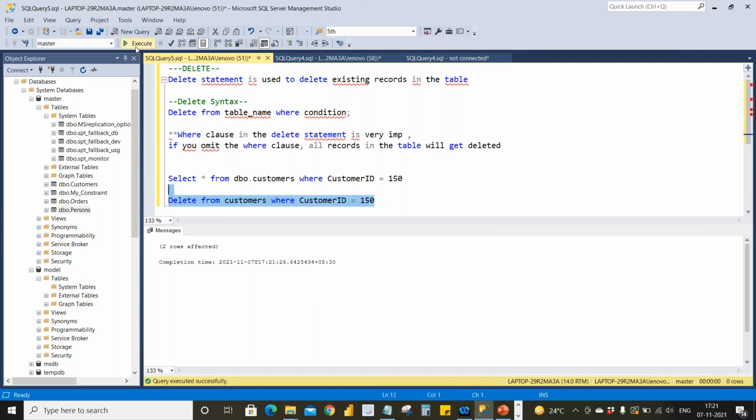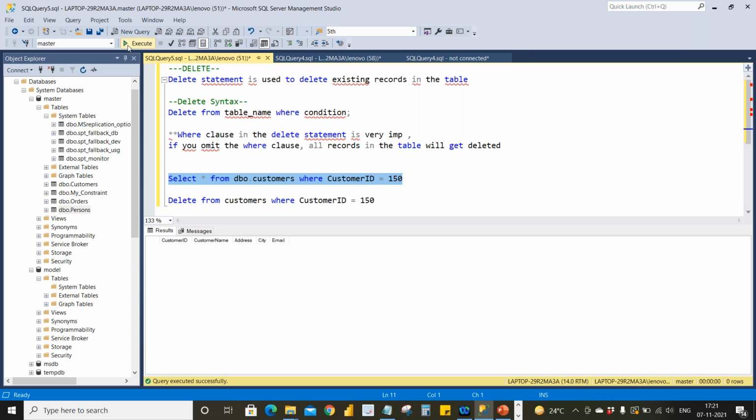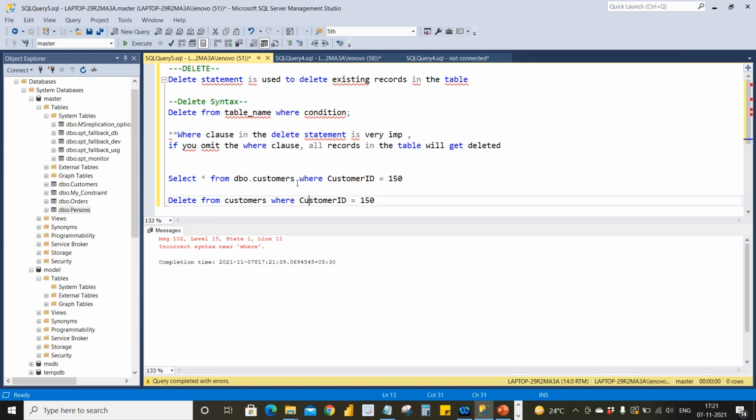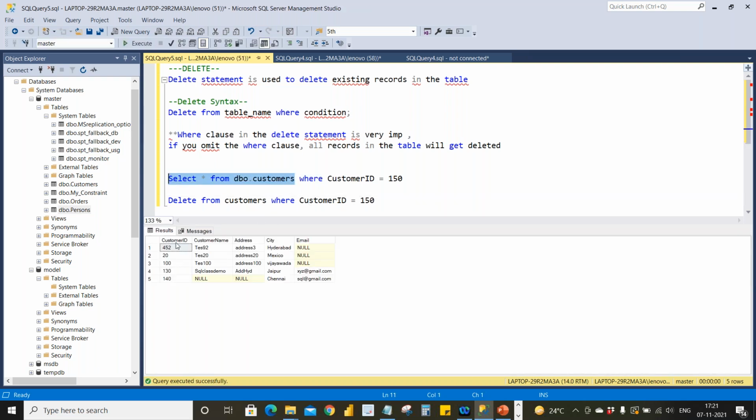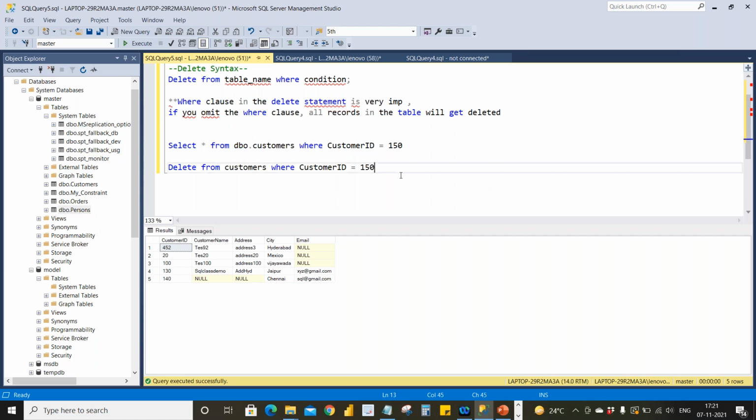I'm executing it. Two rows are affected. I'll try to select the same query. See, there is no data with the customer ID 150. It's deleted. In a similar way, you can delete as many as you want.